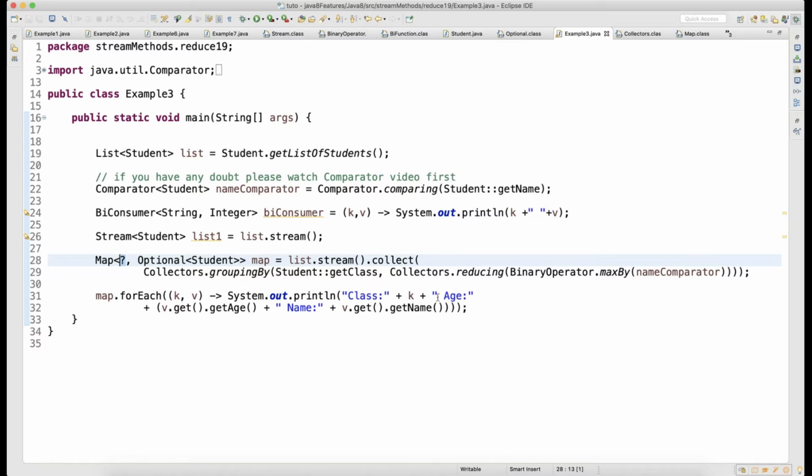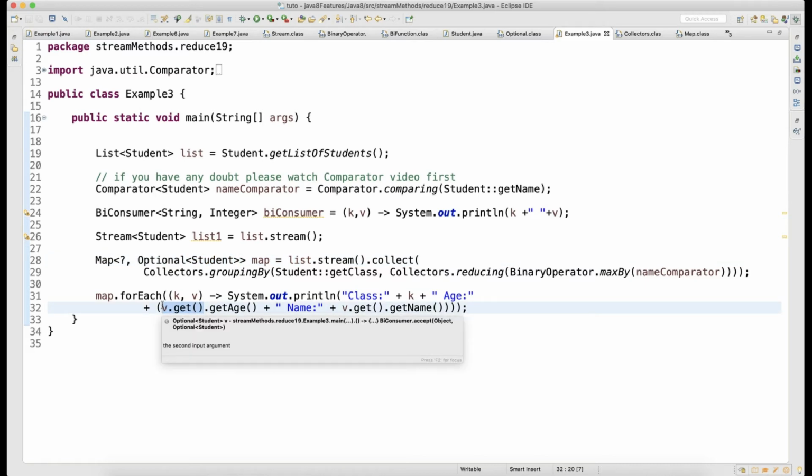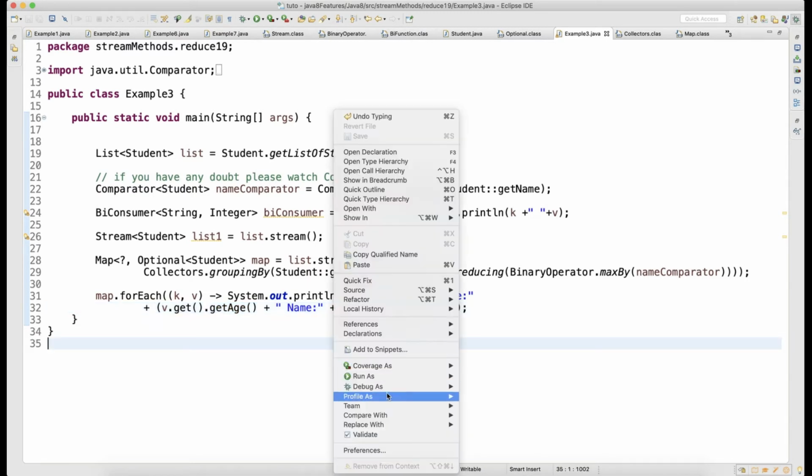It's a student object k, and then age. So what is the age? From the value, since it is the optional of a student, the optional has a method called get, which will give you the student object from the optional. So when you say v.get, you will get the student object, and since it is the student object, you can call getAge, right? Plus name is equal to v.get, again it will give you the student object, and then you can call getName.